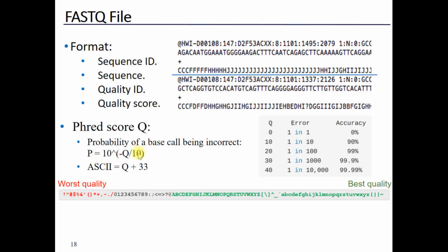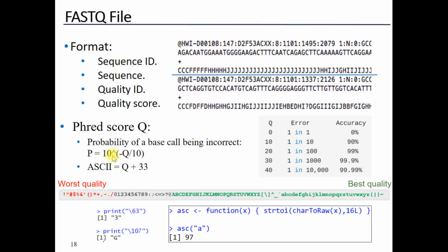And if the probability is 1 in 1,000, that means if in 1,000 bases there is 1 base that is incorrect, then the Q score, the Phred score, is equal to 30, because 10 to the power of negative 3 is equal to